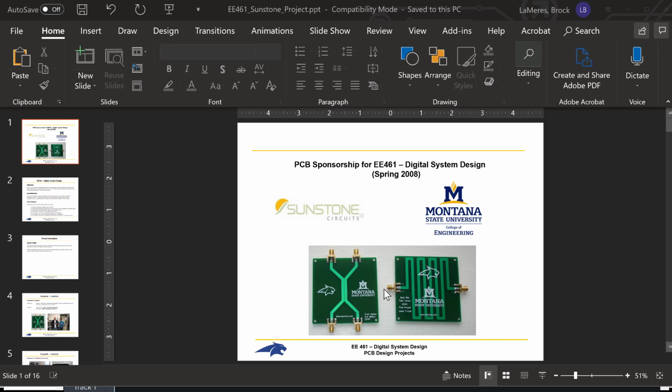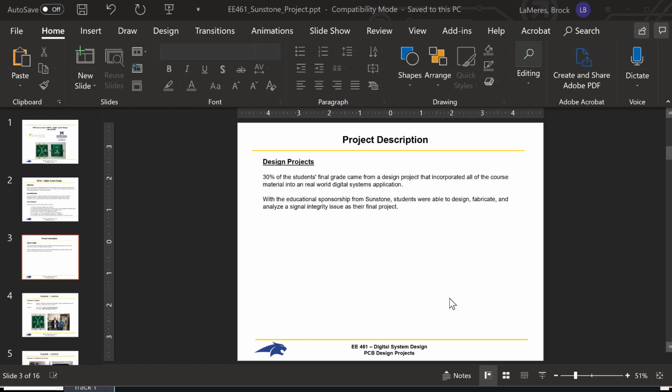So these are printed circuit boards that students did, and you can see these little connectors where you use the TDR to launch down here. So this would be an example of an impedance discontinuity where you have a signal that comes really close to another signal and couples onto it. And the student was looking at whether this coupling impacted impedance. This student right here was looking at whether corners impacted the impedance. So if a 50 ohm trace, when it goes around a corner, does the corner make it a 60 ohm trace really momentarily? And then does a long trace do anything? And let's see, I'll show you.